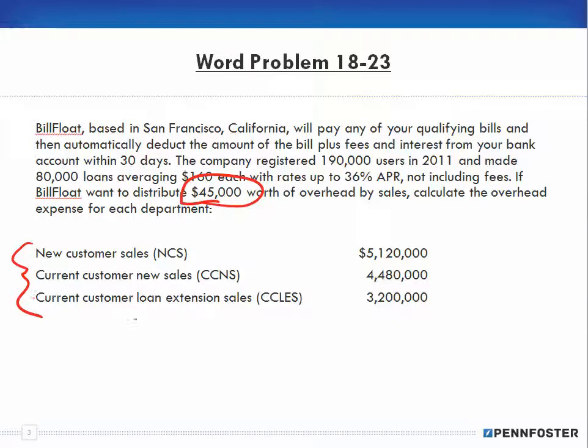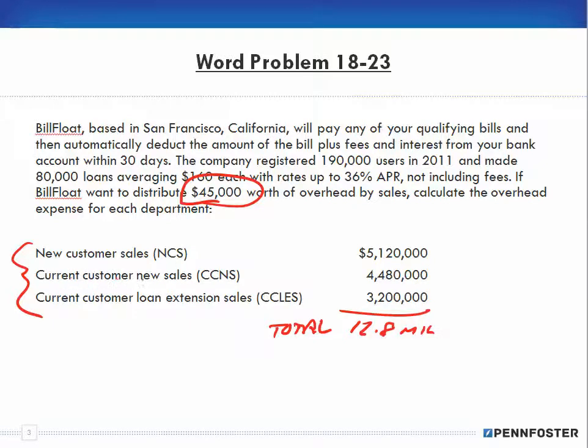In the distribution of overhead, we have to create ratios. We need to know what the total of all the departments is so that we can know how much by percentage each department gets. When I add up 5 million, 5.12 million, 4.48 million, and 3.2 million, I end up with 12.8 million. So if that's the total, to get the ratio for each department,